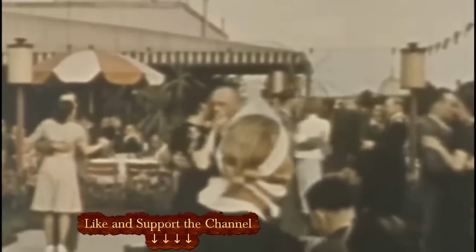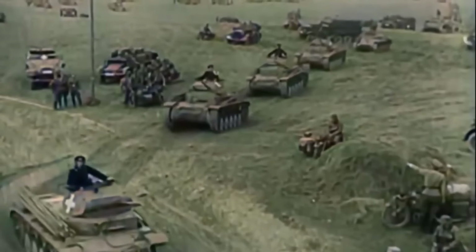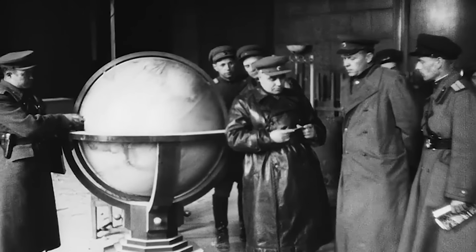For that alone, Captain, we should strangle them all. As expected, the ideological department of the Soviet Army, making the idea of territorial invasions more of a history lesson